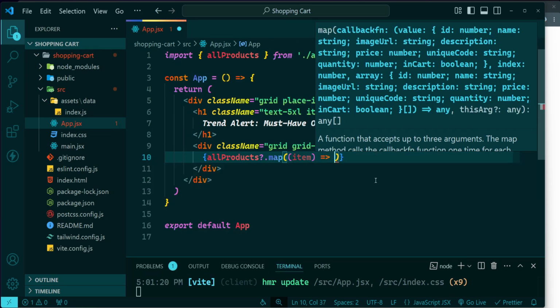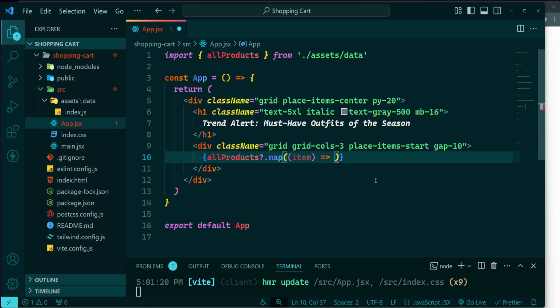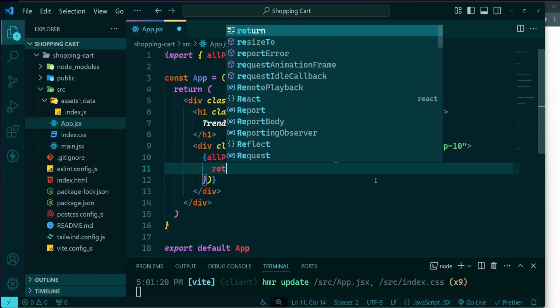The map method here is used to iterate over the all products array and return a new array of JSX elements, where each product is rendered as a product item. For every product in the array, map will execute a callback function that passes the current product item and dynamically will generate a corresponding item. So inside here, I'm going to return